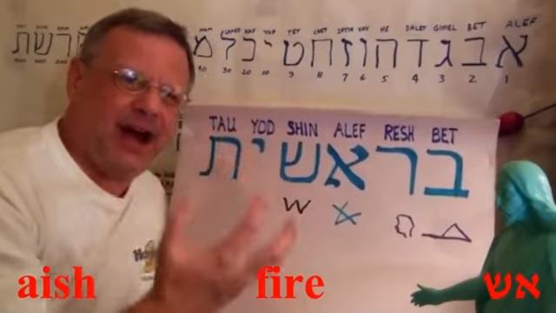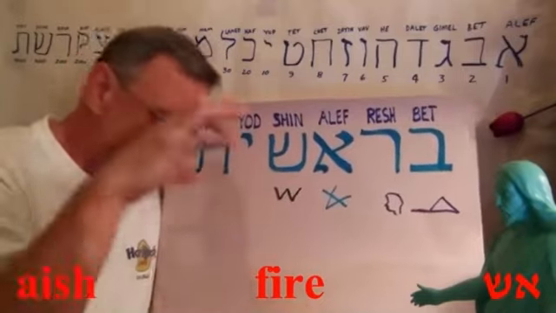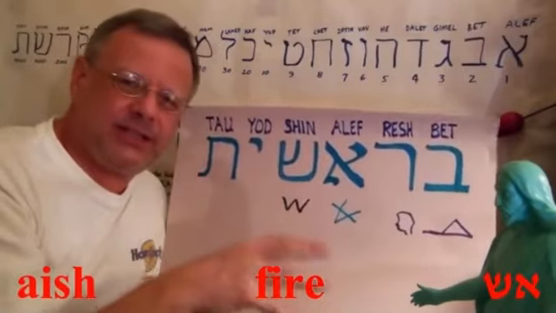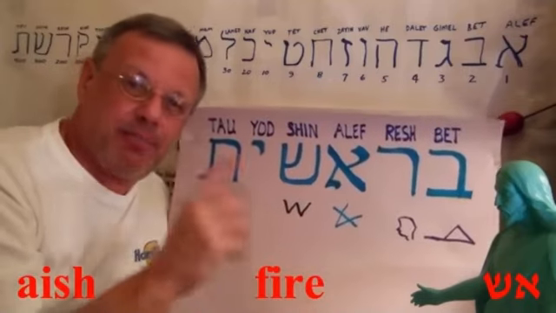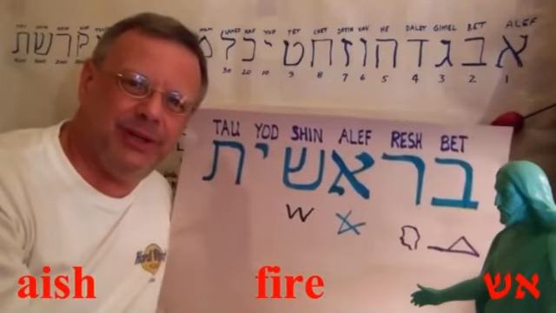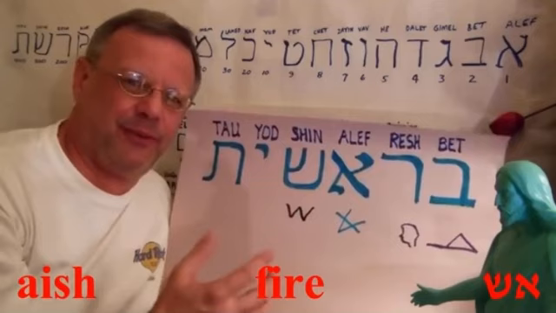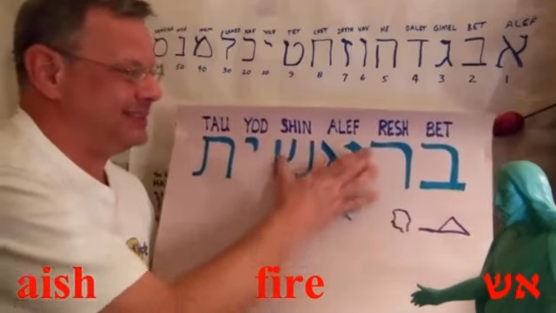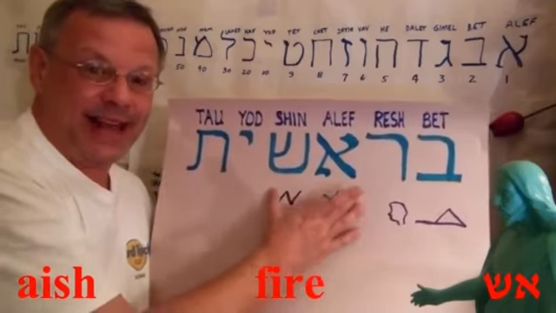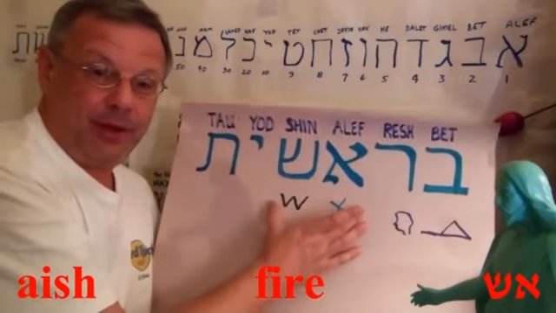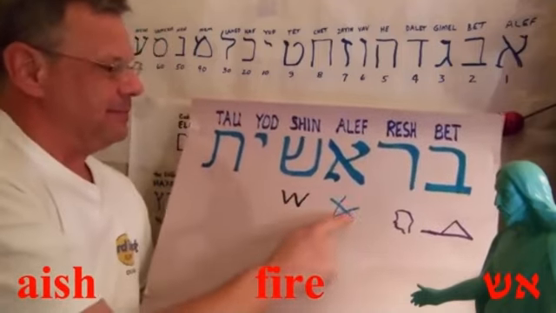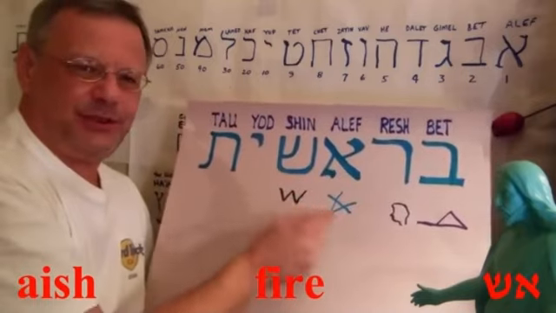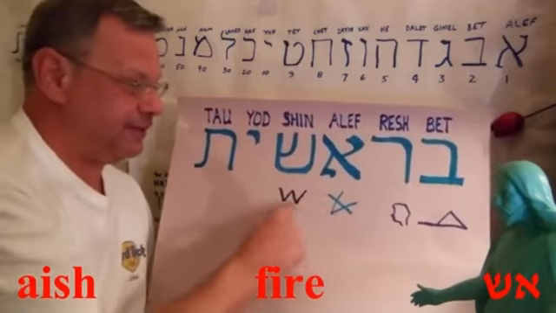He's the fire. He's the judge. He can destroy. He's the fire. But the bush isn't consumed because he's also merciful. Unbelievably cool picture. But here he's got his Aish. He uses this name on Mount Sinai. But you can see how Hebrew works. You can figure out what the words are, and they sort of define what they are.